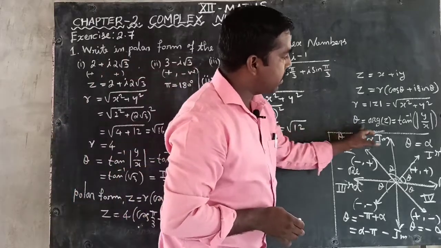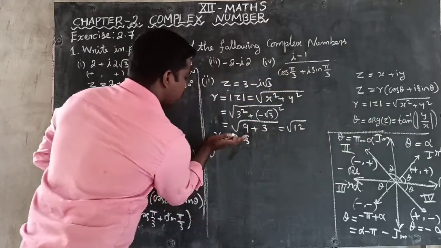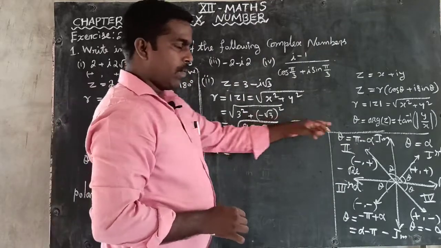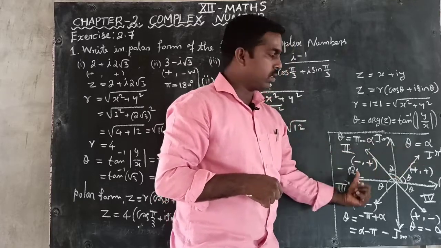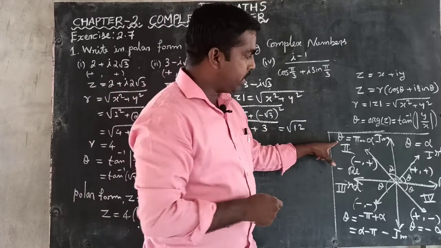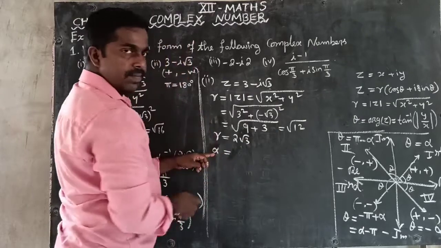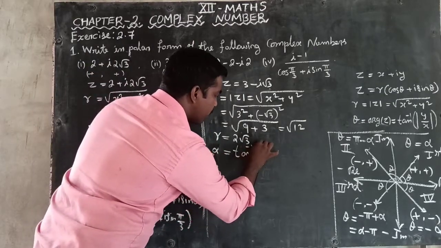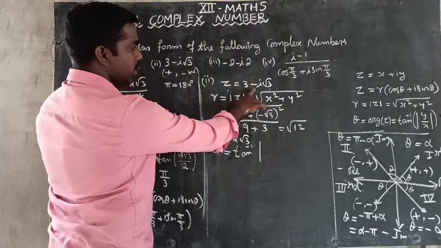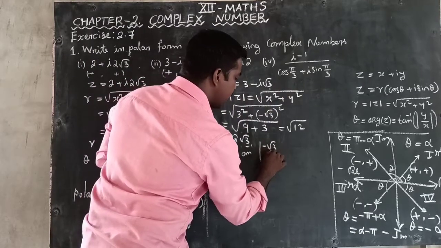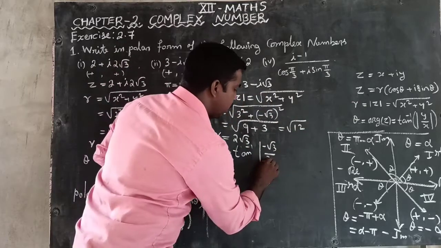So next we have to find a theta. The theta, instead of theta, first I am going to write alpha. First we have to find the value of alpha. Next we have to determine the given alpha is in the first or second or third or fourth quadrant. So finally we can substitute in the formula. Theta is equal to some formula. Okay. So first I am going to take alpha. So tan inverse of modulus of the y is nothing but imaginary parts. Imaginary part is minus root 3. So minus root 3 divided by in denominator x. X is nothing but a real part, that is 3.